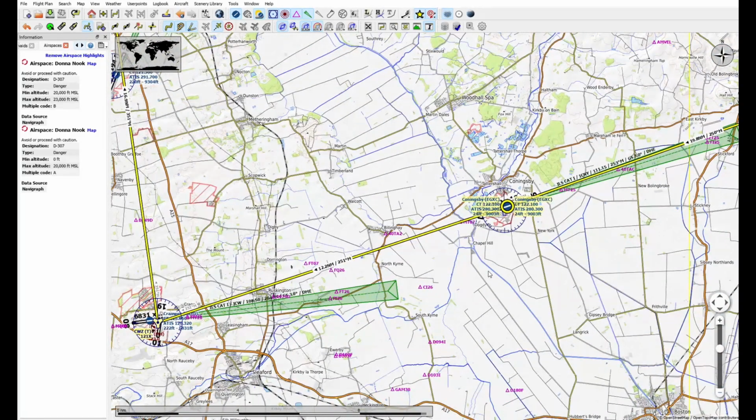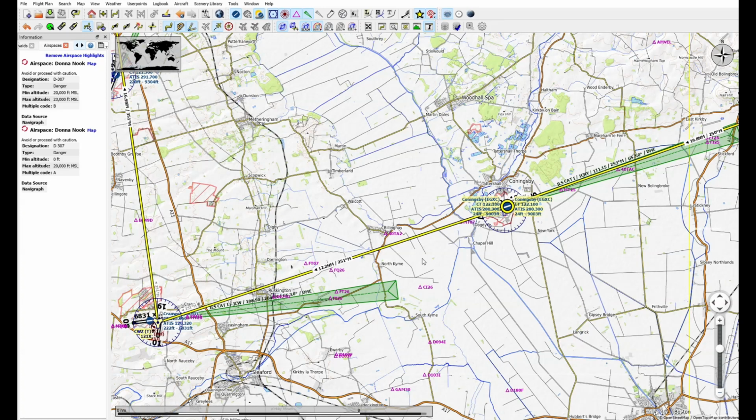I'll start up the jet and I will be setting up the frequencies for the TACAN and VORs, and then I'll be setting up the autopilot. When we take off from Coningsby, I'll be taking off manually, and then as soon as we're airborne and the wheels are up, we'll be engaging the auto throttle, and then at 500 feet I'll engage the